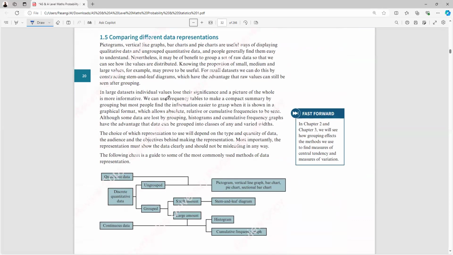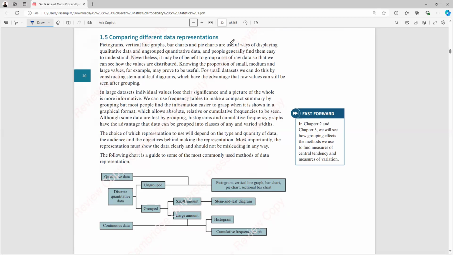Okay, so I'll quickly go through this one so that you can do the entire exercises at home leisurely. Here, for comparing different data representations, we have pictograms. This is kind of a summary as well as the theoretical part. Pictogram means the drawings we made when we were small, with flowers and trees, those ones. So we call them pictograms, and the vertical line graphs, bar charts and pie charts